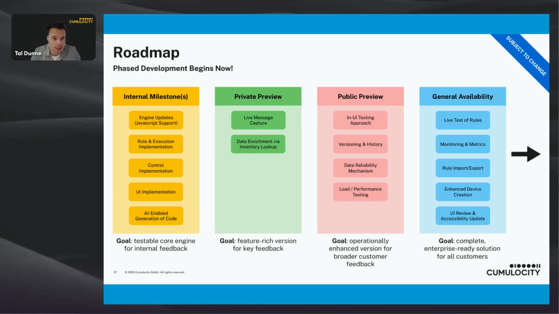Now, where do we stand today? So development is beginning now. We spent a long time doing investigation work, collecting requirements, understanding what needs to be done in order to support such a data preparation component within Cumulocity, right? And so you can see this is, of course, a very high level roadmap, subject to change, but I show this slide not to go through the details, but to tell you we are beginning development